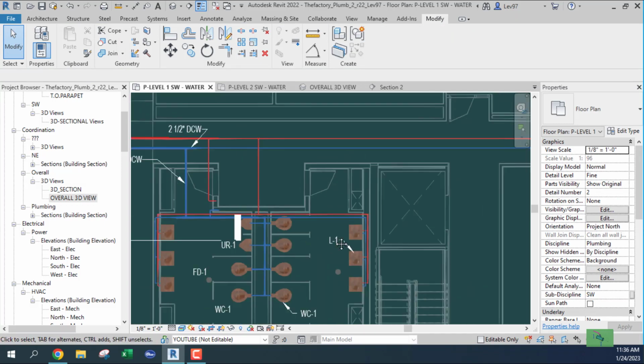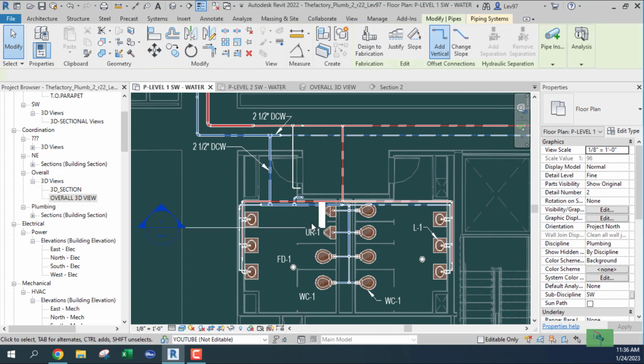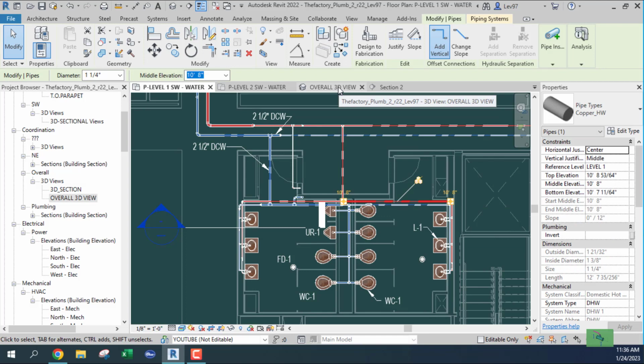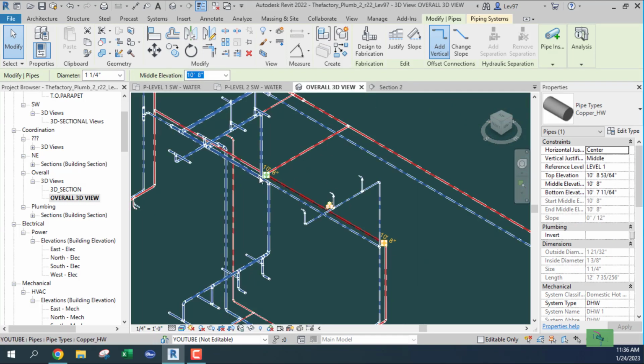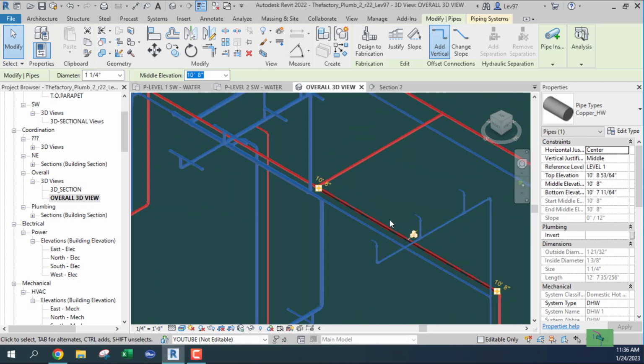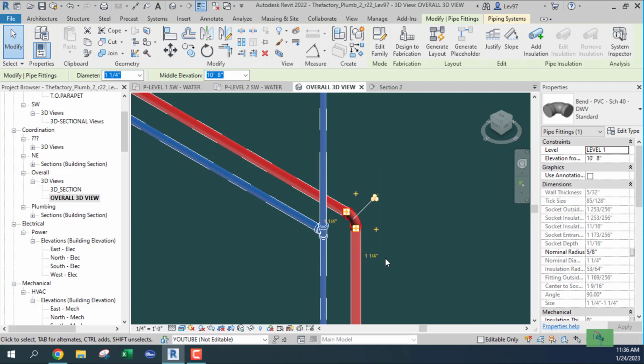Let's do the same thing on the right side. I'm going to go here. Let's look at our view here. Let's zoom out a little bit. And that's the T connection, and this is the elbow connection. So I'm going to delete this elbow